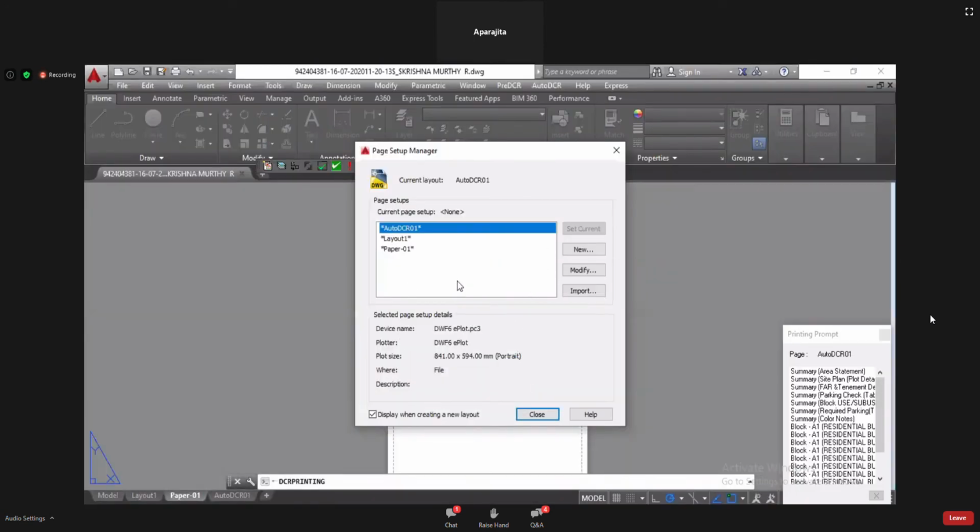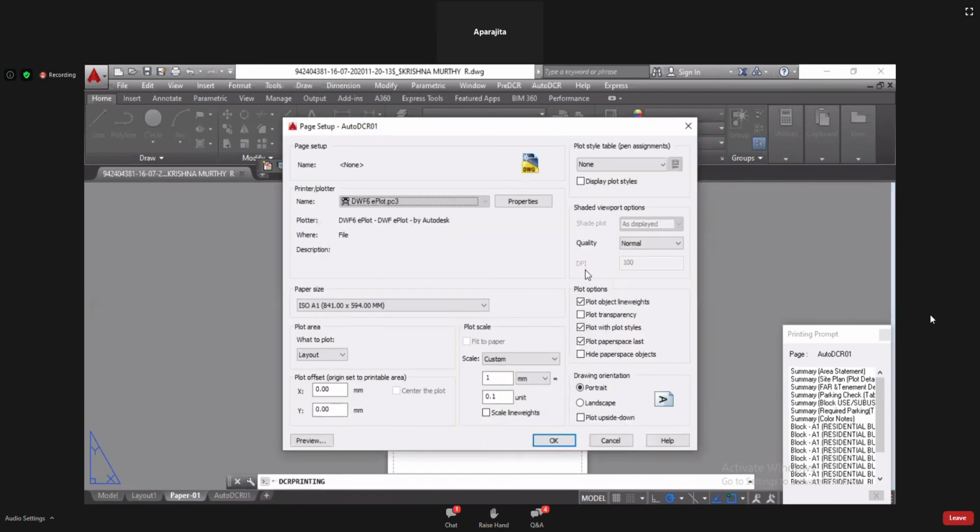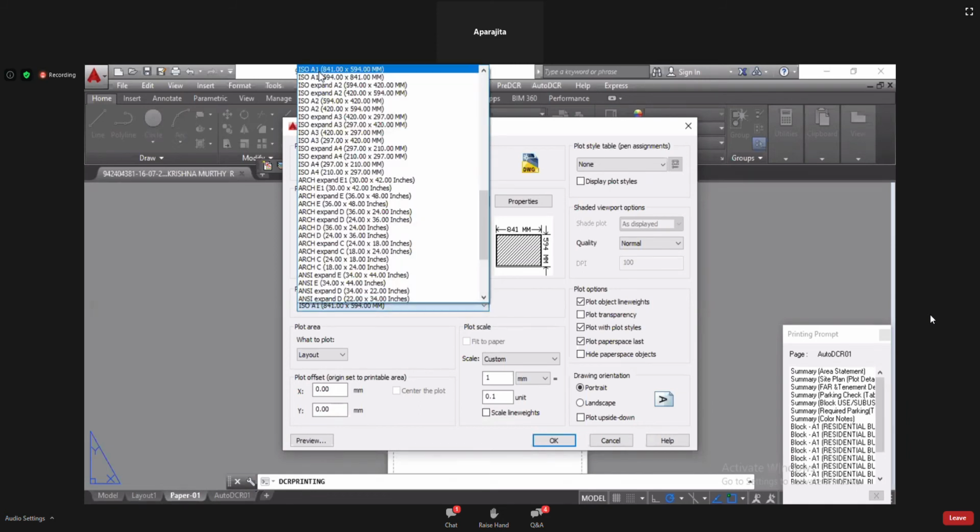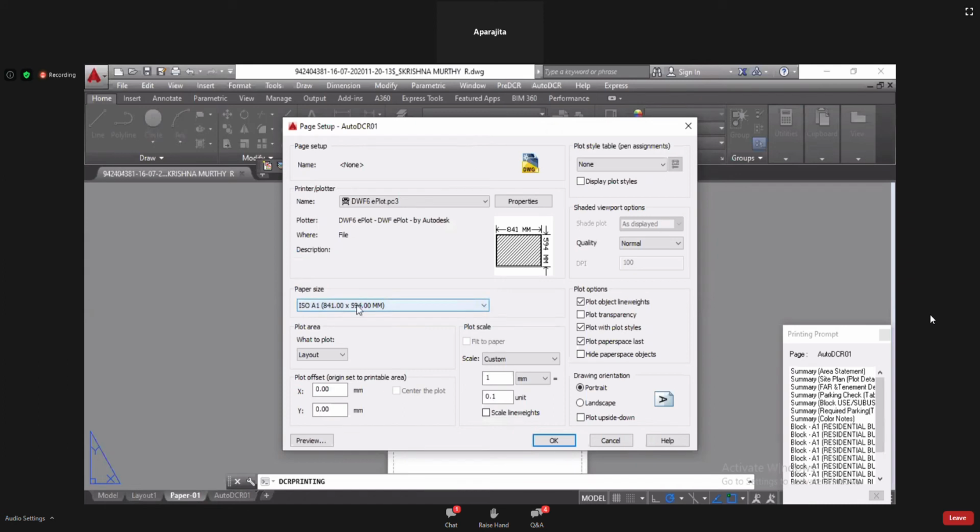Now you can modify your paper size from the modify button. Your printer should be DWF6 to plot PC3, and select paper size from here, whatever is required according to your drawing, A1, A0, and select plot style table monochrome, and check drawing orientation.